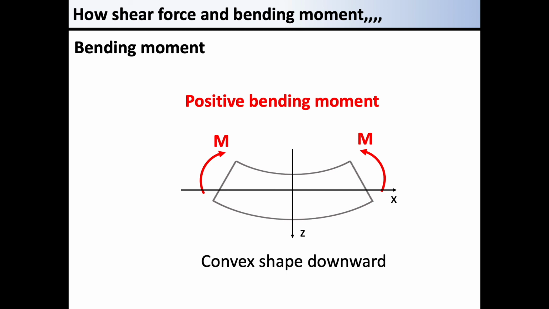Some textbooks provide slightly different definitions of the moment and the shear force. If you are referring to more than one textbook, you may find that the definitions of positive and negative of these are different. Here, the definitions introduced above are to be used as our uniform manner. So far has been the explanation about the positive and negative definitions of the shear force and the bending moment.